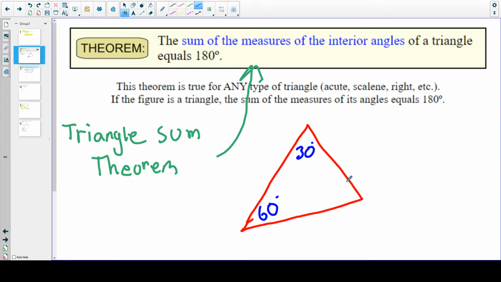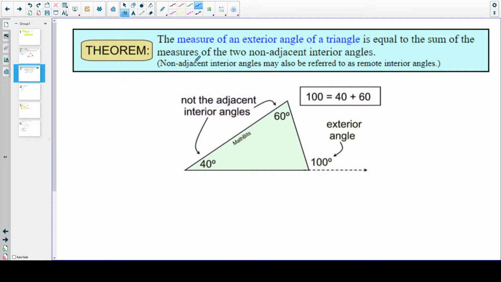And the idea is, the only possible choice that this angle can be is whatever makes it so that 60 plus 30 plus this angle is 180. If you guessed it, this is 90. If you notice, 90 plus 30 plus 60 is 180. So any triangle that you see, you know that if you add the angles inside the triangle, that's 180 degrees. Bam. Okay. The other theorem that we learned, I will also write, and it's called the exterior